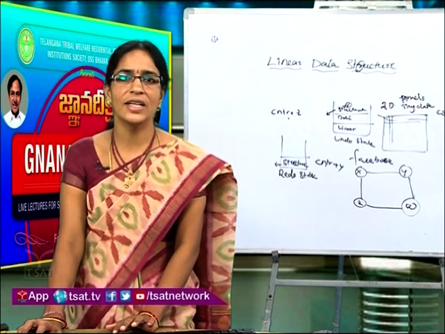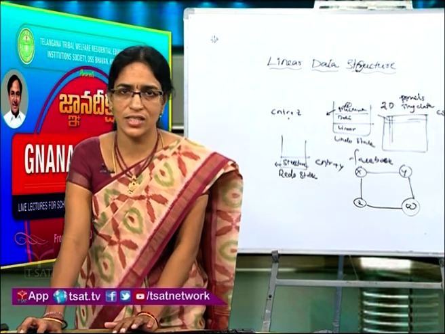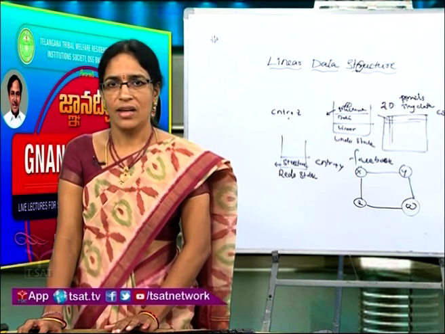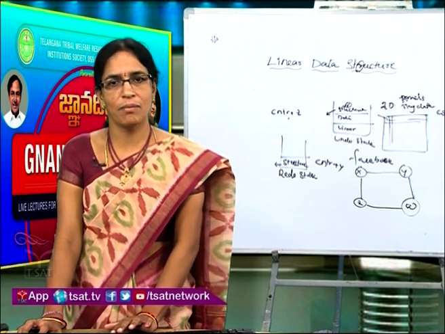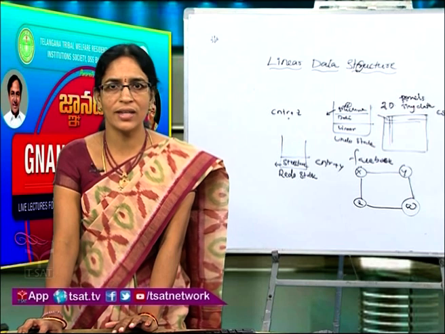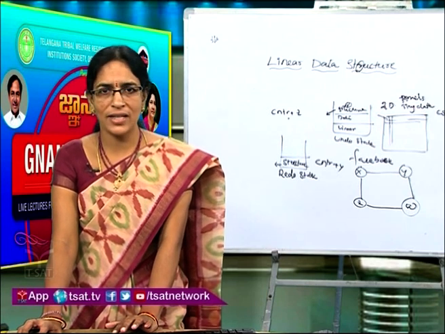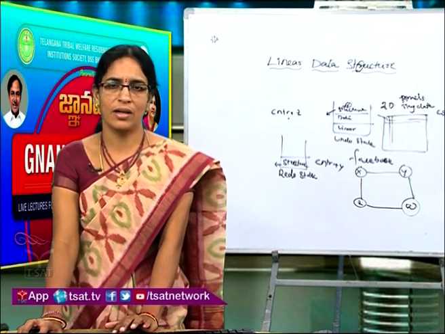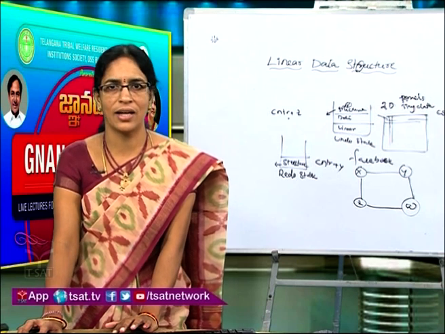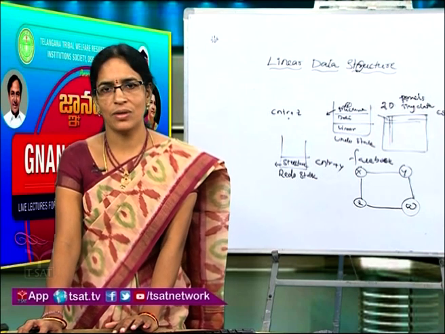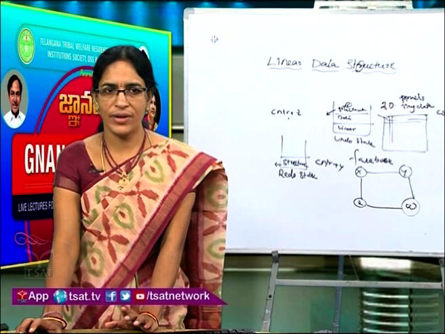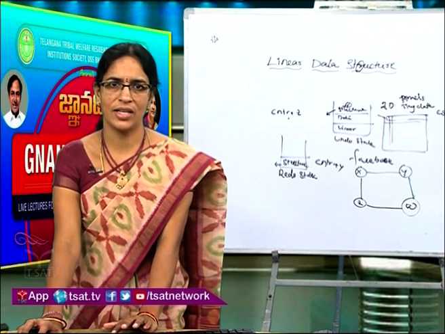If an integer variable takes 2 bytes, then 100 locations means 200 bytes are occupied by that array. Instead of 200 bytes, if I store only 10 data elements into that array, only 20 bytes are used and the remaining 180 bytes are wasted. So this is one of the disadvantages.